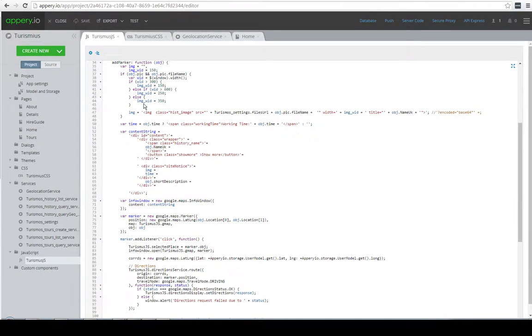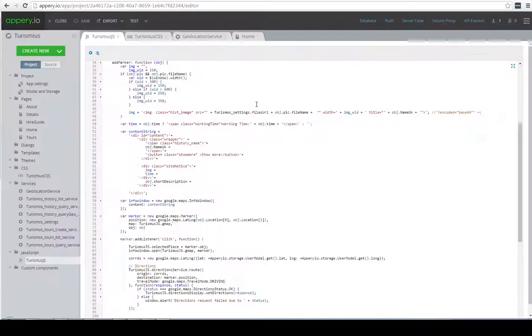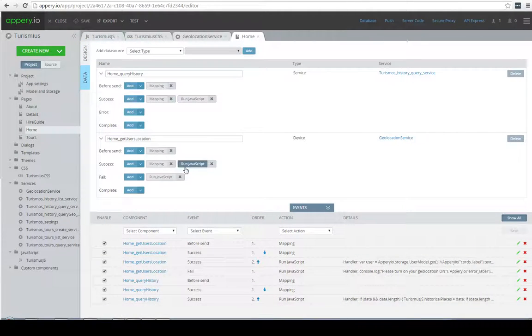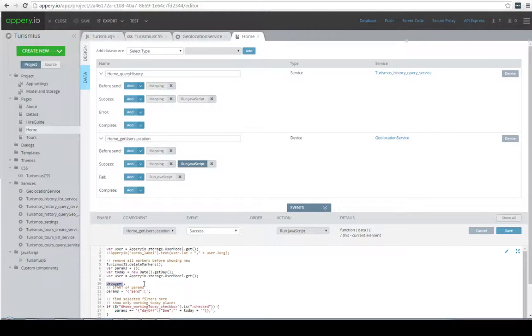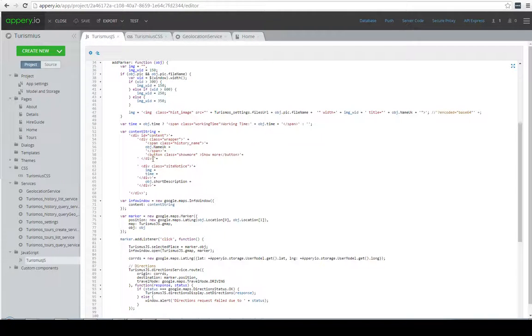So that's so easy. And our marker, we have a debugger on our timer, so it's better to remove this debugger. Okay. Now let's go back to our marker